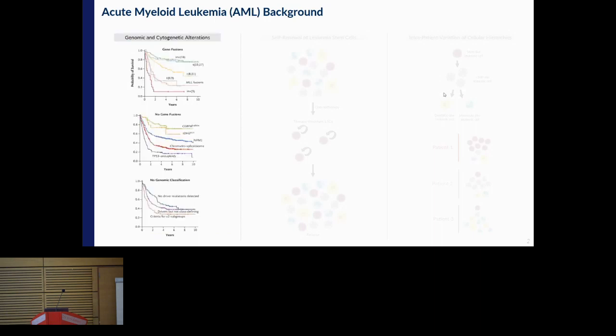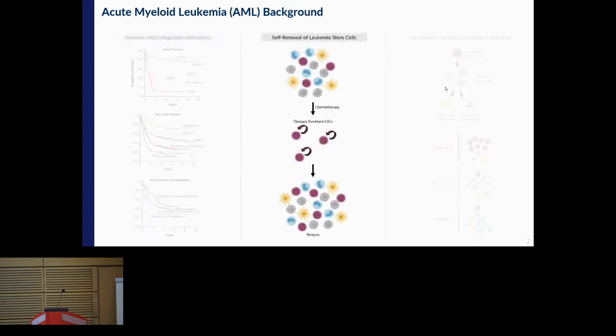The first is looking at interpatient heterogeneity and how patients with different genotypes or cytogenetic alterations will respond differentially to chemotherapy and various treatments. The second perspective is intra-patient heterogeneity, and this is how within a patient's blast of cancer cells, there are actually various different types of cancer cells, and it is the leukemic stem cells that are the ones that eventually become resistant to chemotherapy and will survive chemotherapy to then regenerate the disease and give rise to